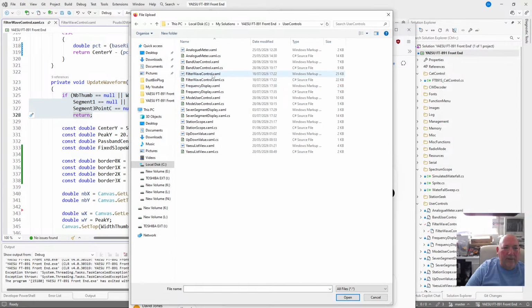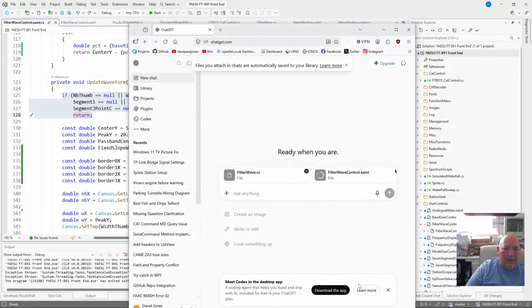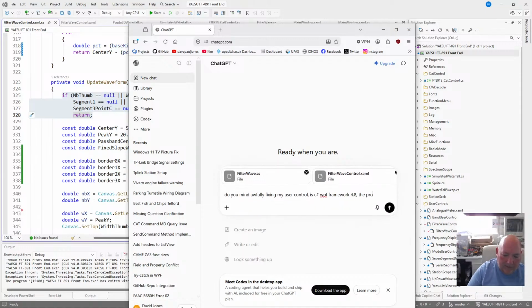Right, user controls. I'll be nice to it. Do you mind awfully, if I can spell, fixing my user control? It's C#, Windows Presentation Foundation, Framework 4.8. The problem is,